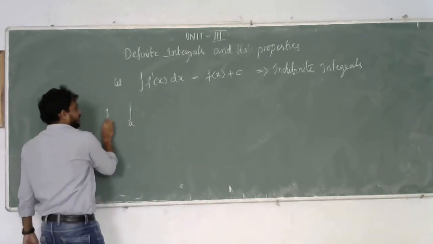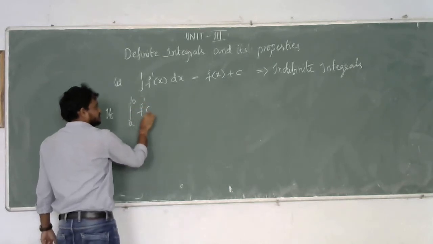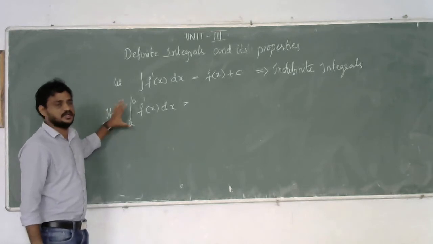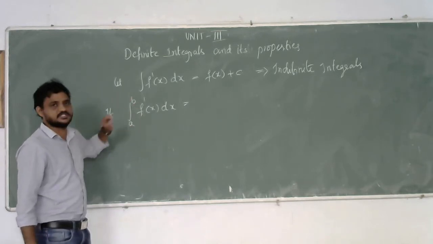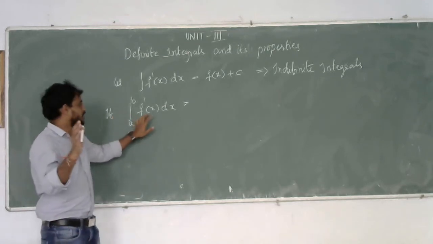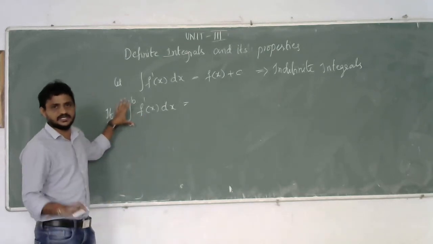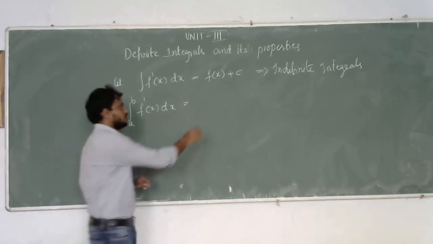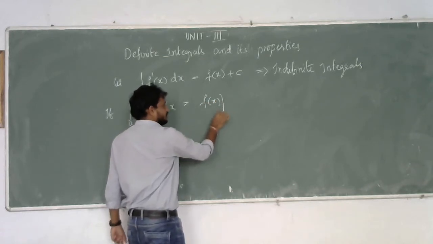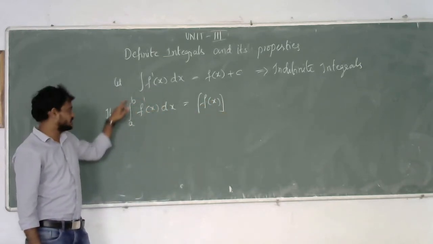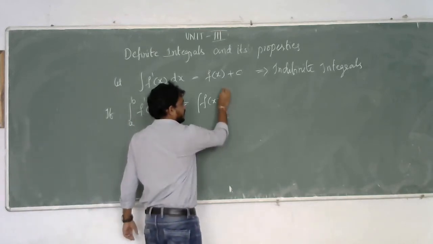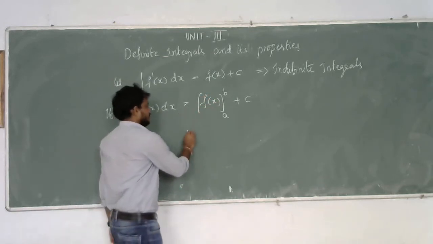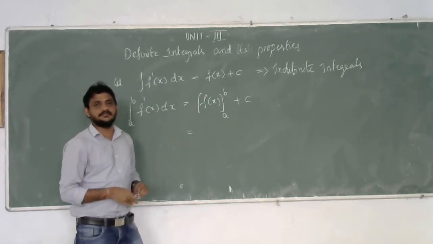If we have integral a to b f dash of x into dx, here a to b are limits, the limits of the function f dash of x. First, we have to integrate this function. Forget about limits. Integral f dash of x into dx is f of x. But for this function, limits are given, that is a to b. So you get f of x integral a to b plus c. For this function, we have to apply the limits.